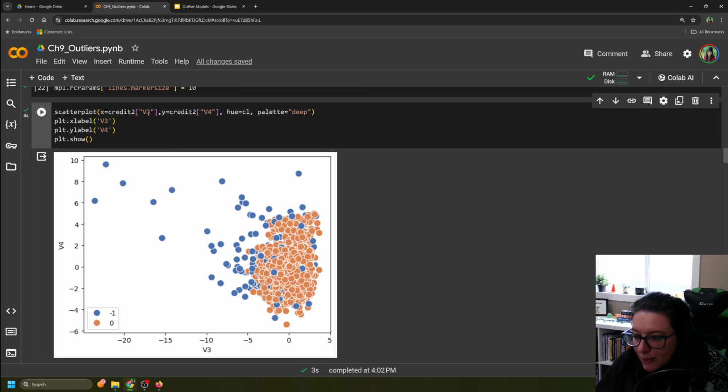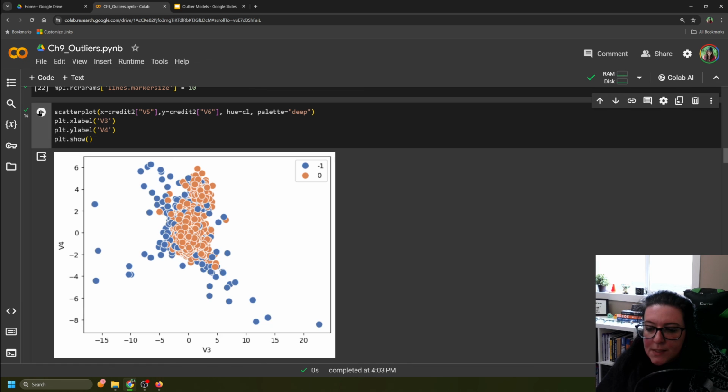And we can go through and look at, I haven't gone through more than just a couple of them, but we could look at 5 and 6, for example. Just like in our business use case, we start to look for whether we can make clearly identifiable business rules to identify these outliers. For example, with variable 4, if it's below -4, then that flags as an outlier. So we can start making these rules to help